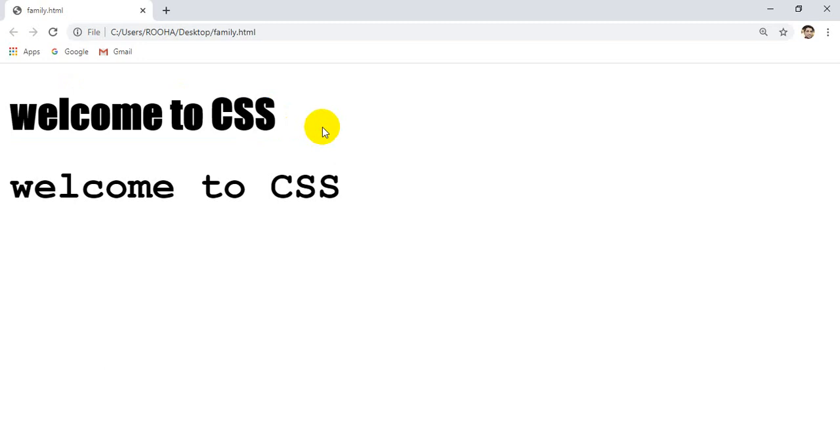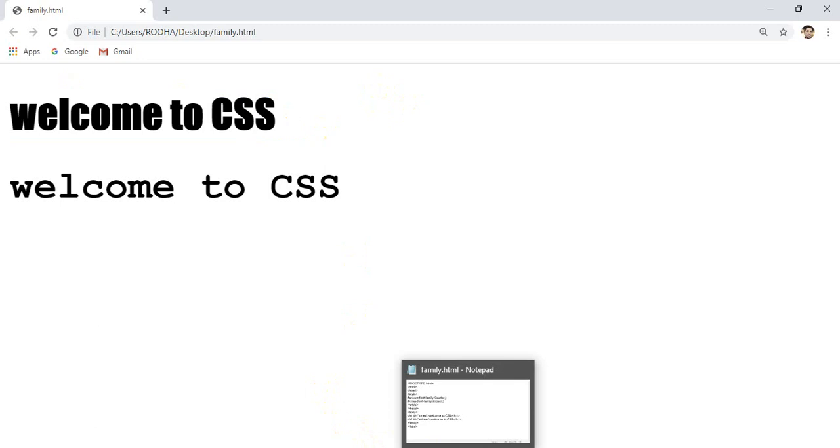Okay students, getting it? It's very easy. The only thing is that you have to practice better. CSS is very easy and a very interesting tool because it's in your hand how you are going to design your web page. Most of the time you see a website and you complain that it is not looking good, the font size is not good, the images are not good. So now it's in your hand how you are going to apply your CSS and create your web page.